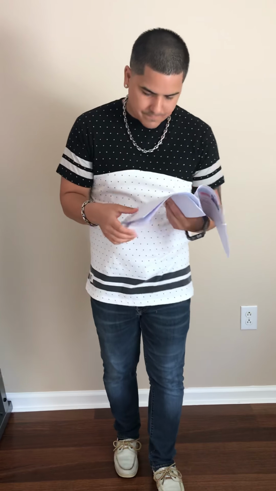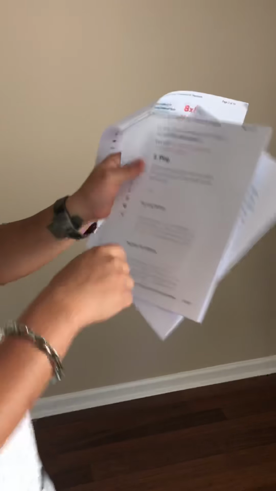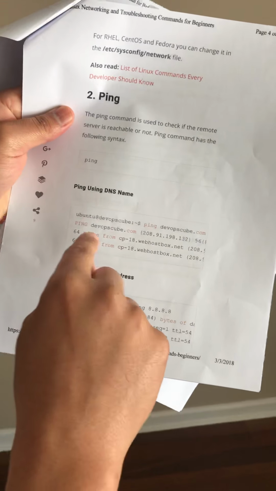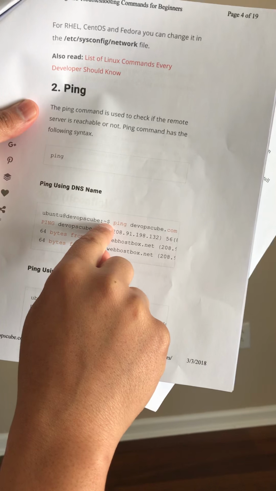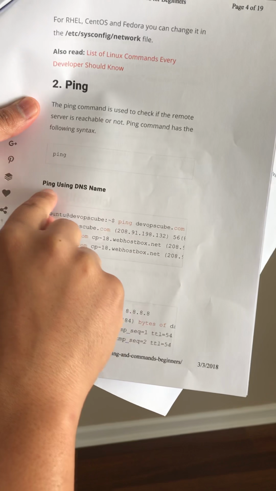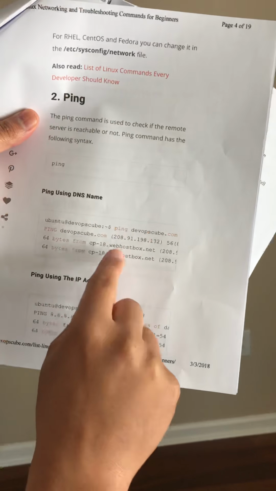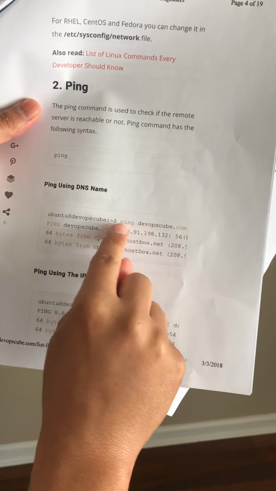Whenever you do it on Linux, and we read right here, I'm gonna show you this. When we're talking about pings, right? This right here, you don't see that regularly on Windows. This is just a ping in Linux, and you see how the syntax is a little bit different.